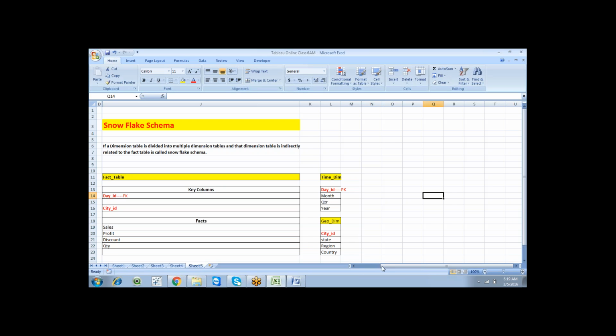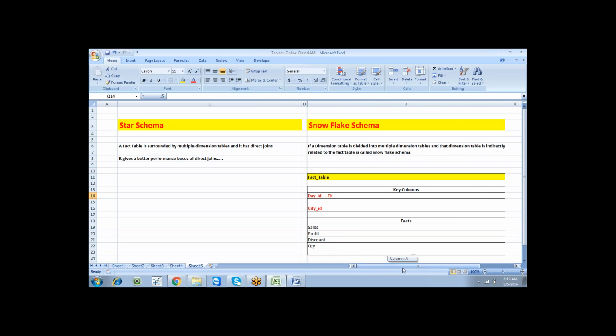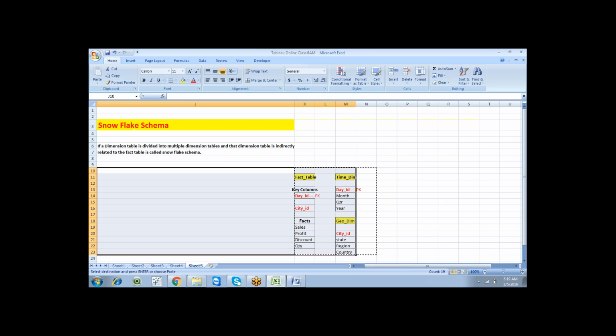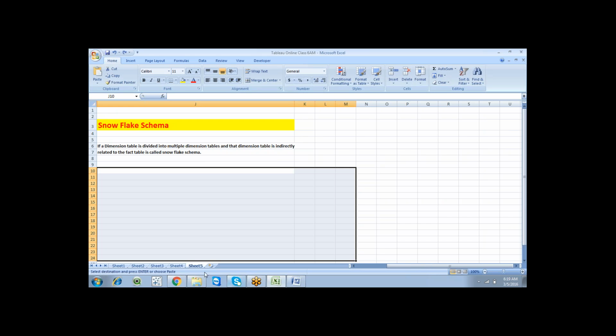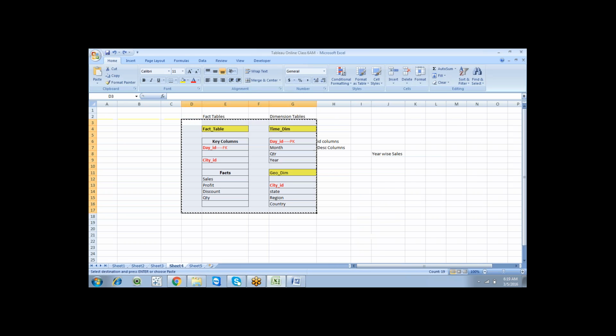So now I can see all controls. I'm going to explain within sheet 4 as well.